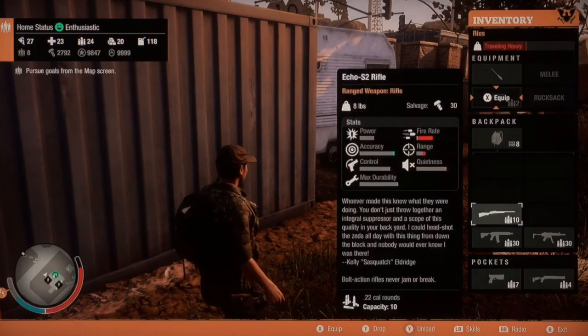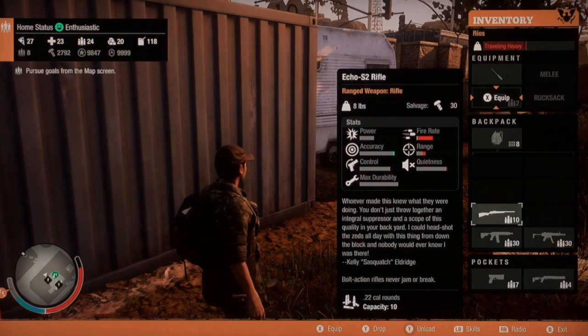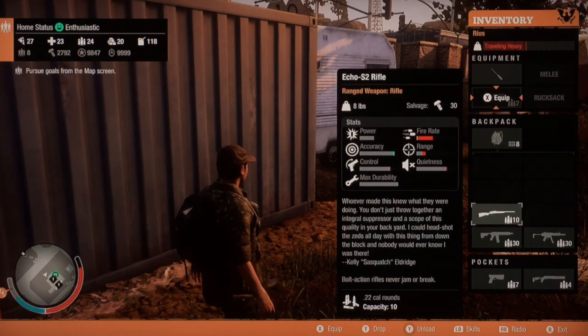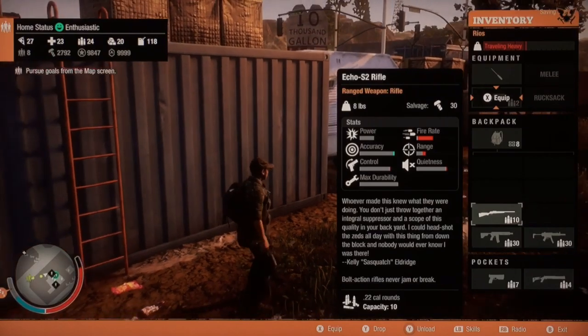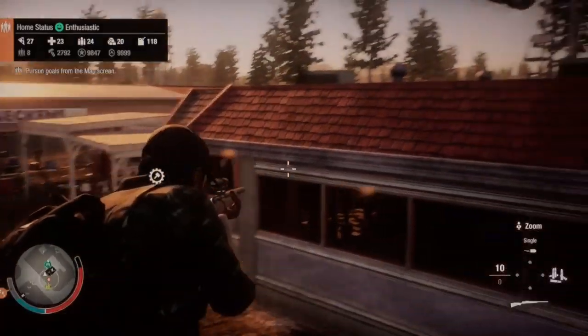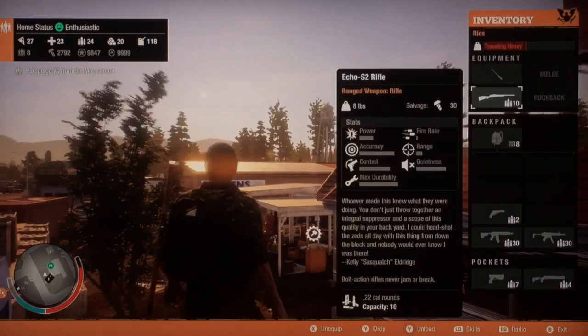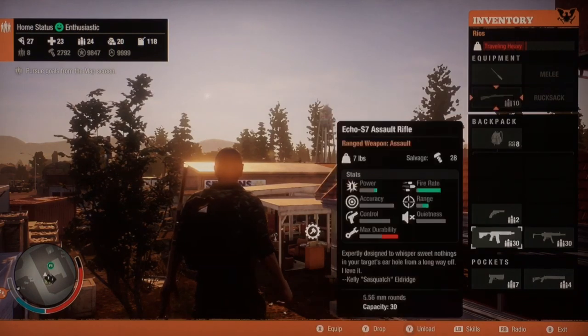Then from there, it goes to the S2 sniper rifle, which is pretty good, has decent power, but the accuracy, control, and quietness once again, and the max durability, because it is a rifle, it will not jam. But yep, here we go with the Siege, and that is what it looks like. The Echo 2 has a decent range, but it can only shoot single, and again it shoots 22 caliber rounds